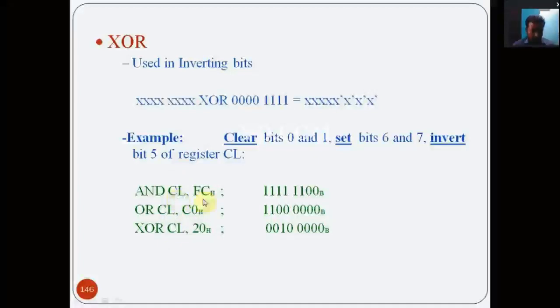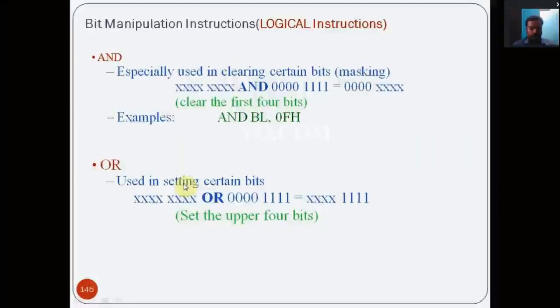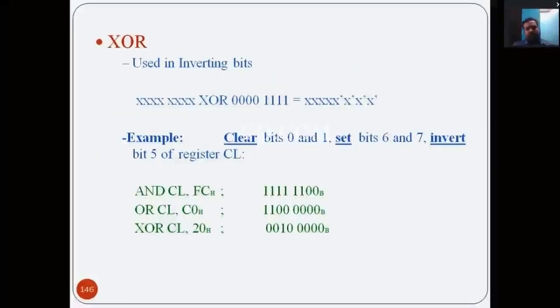And CL comma FC. FC is immediate data. CL is already given here. Where is it given? It's not given. CL contains some data. Okay, so if you are performing the AND operation, it is a bit level operation.